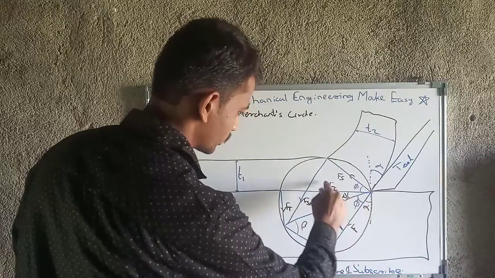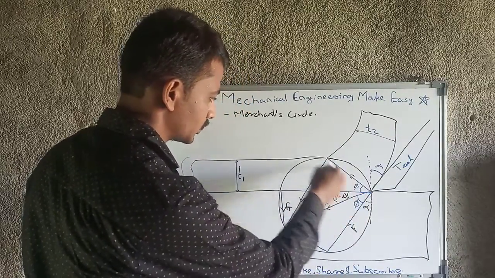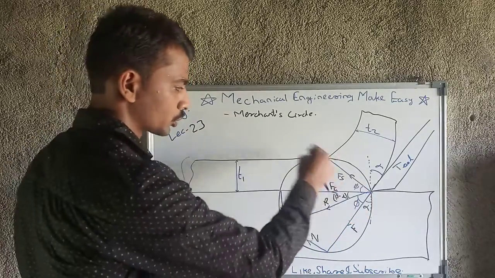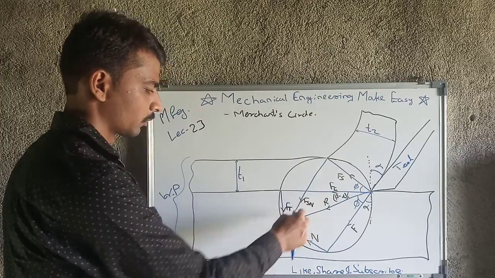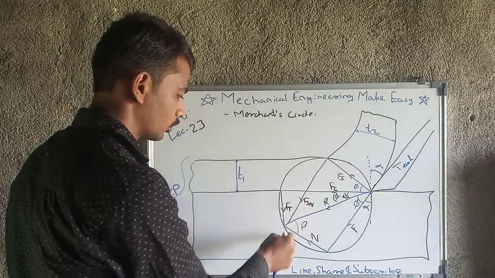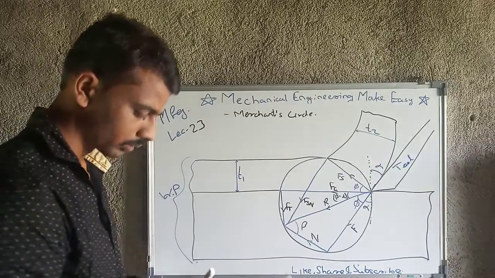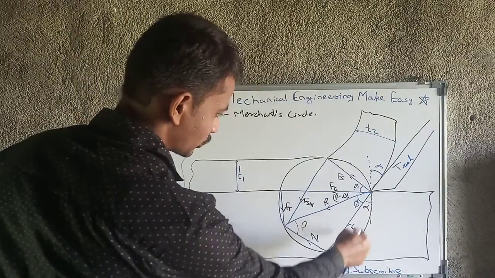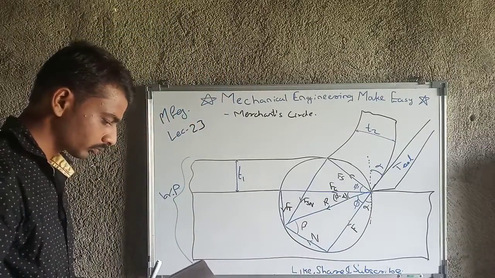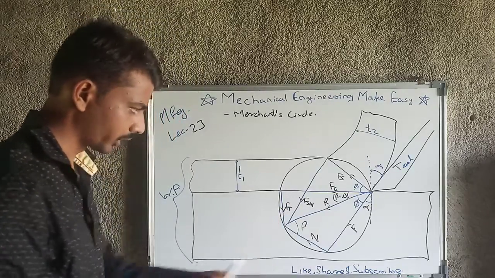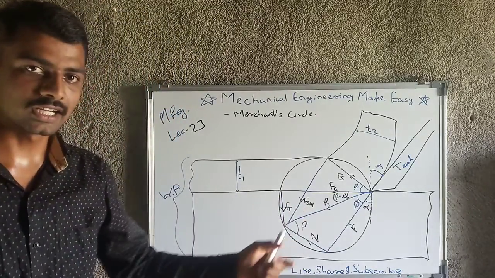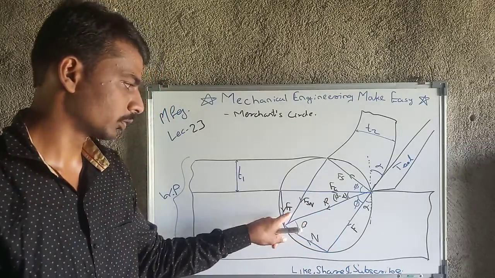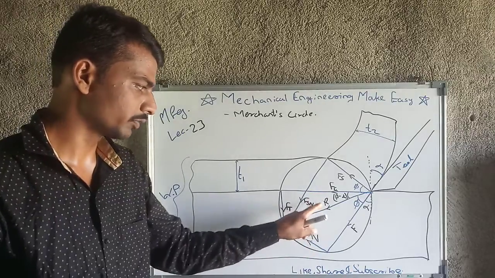Then this horizontal force is the cutting force. The force normal to the shear force is the normal shear force, that is, the normal force to the shear plane. The force normal to the cutting force is Ft, which is the thrust force. Then R is the resultant force, which is the resultant of the cutting force and thrust force, equal to the square root of Fc squared plus Ft squared.